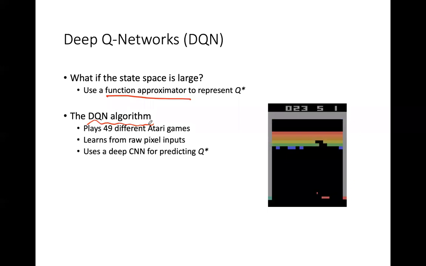So this was DeepMind's paper from 2014, where a system started from a randomly initialized policy, and then through a process of trial and error, learned to play 49 different Atari games to various levels of performance, right? And it's basically a combination of all of these ideas so far. So you use the classic Q-learning algorithm, but you combine it with a deep convolutional neural network for representing